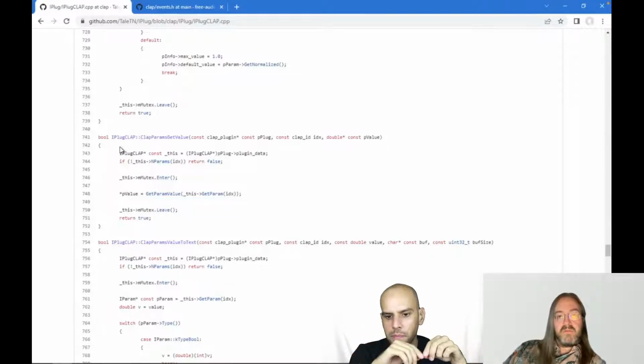Well, it's a bit different. On the top of the process function, there's also a mutex lock. So the audio thread first locks the mutex, then it will process audio, and then release the mutex again. So that means that the GUI thread cannot lock the mutex while the audio thread is processing. And so if you simply do mutex enter, then it will simply wait.